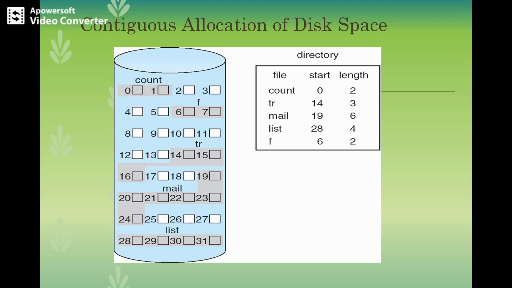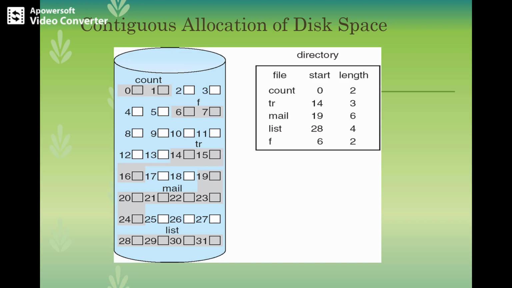You can observe from 14 it is the shaded region. From 14, the length is given to be 3 spaces, so 14, 15, 16 are being occupied like that. If you try to find the space allocated for mail, list and def, it follows the same order: 28, 29, 30, 31 in a span of length 4, and f also follows from 6 with length 2: 6 and 7. So for direct access to the block which starts at block B, we may immediately access B plus I. So both sequential and direct access can be supported by contiguous allocation.